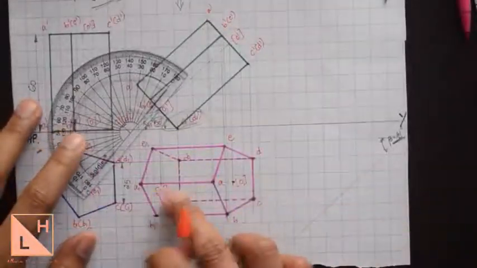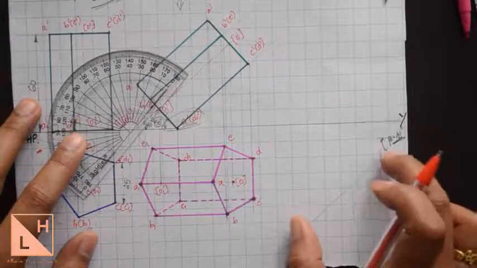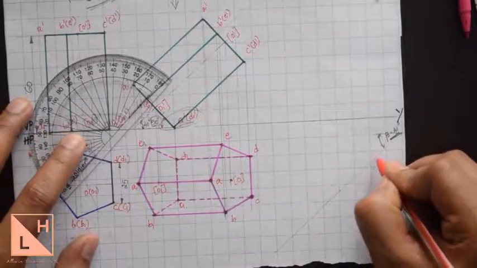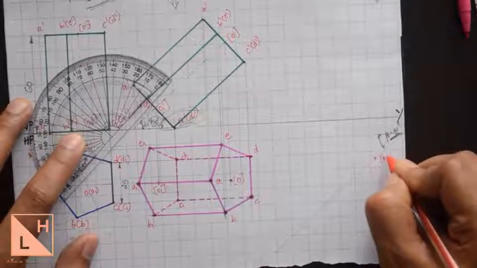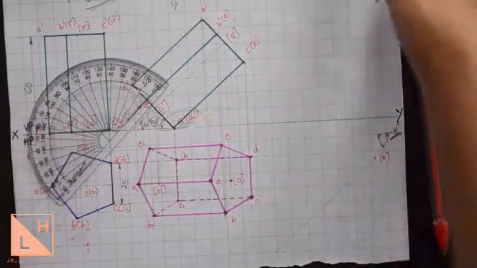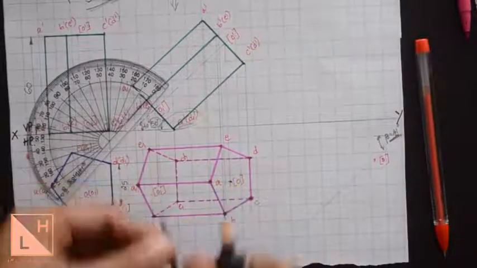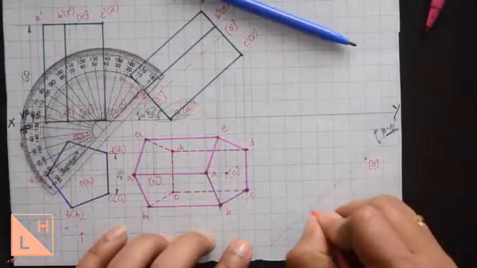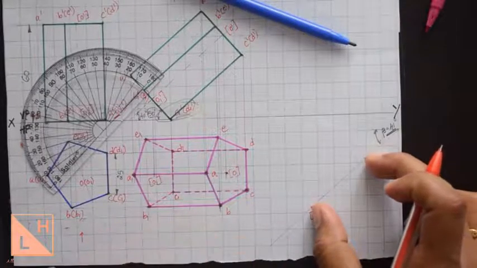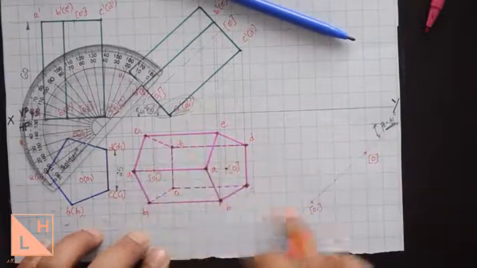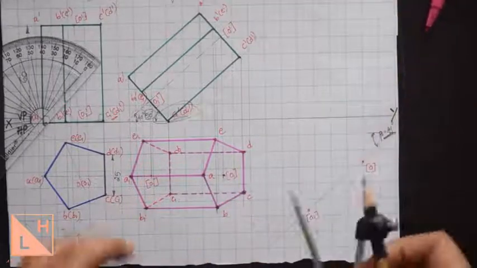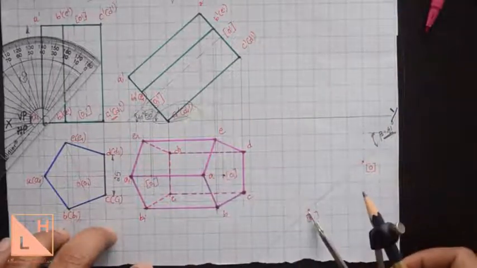First we'll mark the points of the axis on this 41 degree line, because we need to incline the axis on this beta angle. So the first point we'll take is O, and I'll mark it somewhere over here. And the next point is O1, which will be measured using a compass from the second position. This intersection will be the point O1. From these two as reference points, we have to bring back all the remaining points using the arc method. It is one and the same which we used in projection of planes.